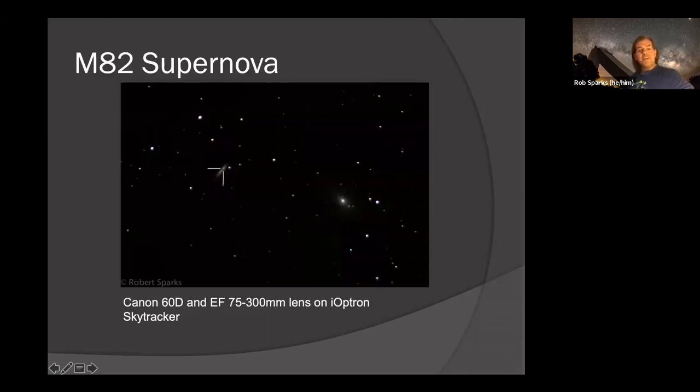But this is one that I did several years ago. There's a supernova in M82. So you might recognize this field as M81 and M82. And this little bright spot in M82 right here is a supernova that went off several years ago. That's a Canon 60D. That's before I got the 80D. I had a 60D, and then the board on it got shorted out when a screw came loose inside, so I had to upgrade to the 80D. That's my 75 to 300 millimeter lens on the Sky Tracker. And I got a supernova, a single star, exploded 10 million light years away.